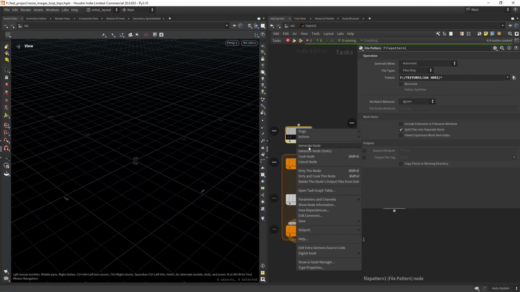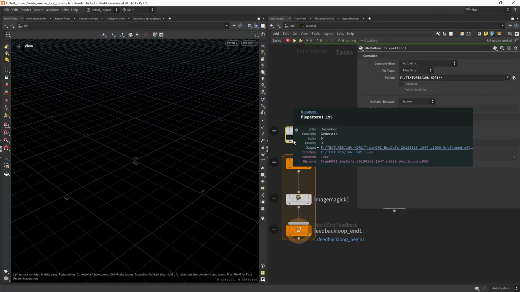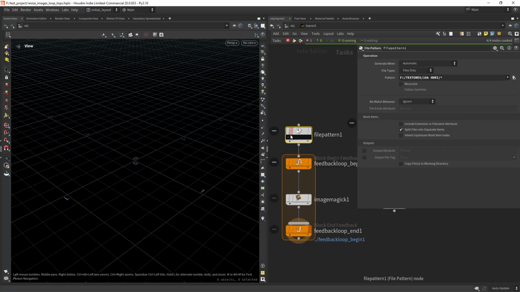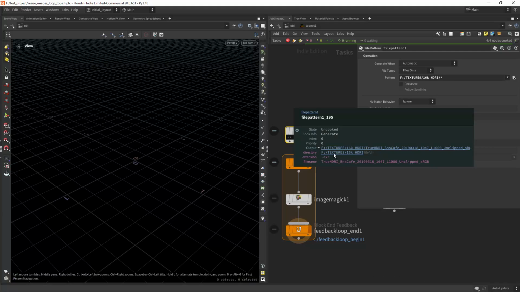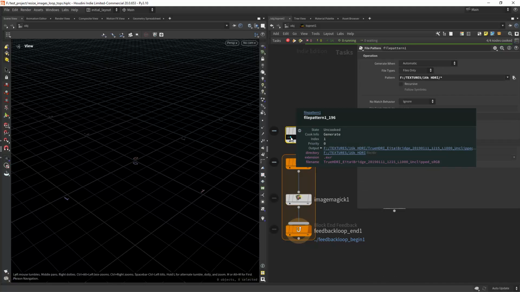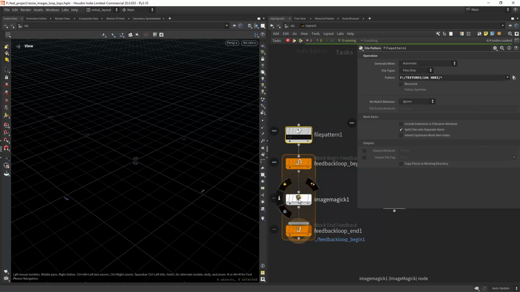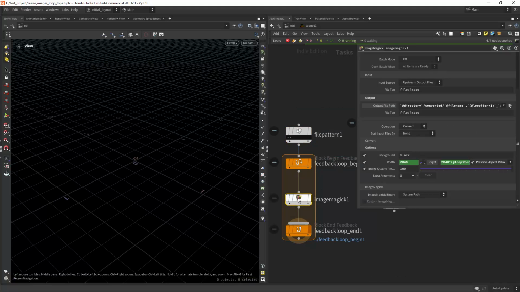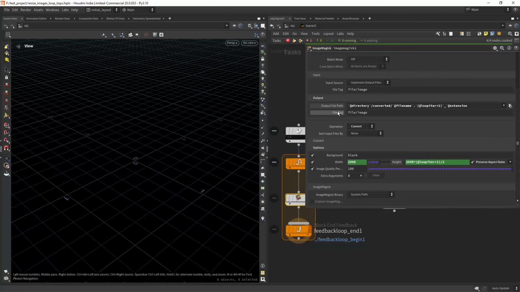So I can generate the nodes, and you will see I will have the two files, and I will have the directory, extension and file name that I can use in the output node, so for both textures. And then I can just use the ImageMagick nodes, and in the output file paths I can say at directory, so the folder. Then I can create a custom folder named converted, then file name dot file name, and then the extension. Ignore this for now